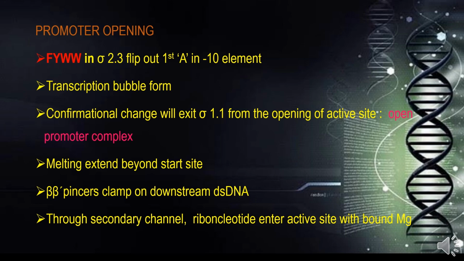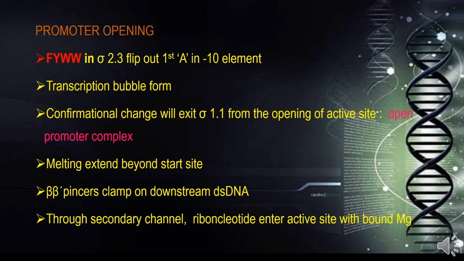Due to the disruption of base pairs and weaker hydrogen bonding in the AT region, the torsional strain will melt the DNA, and this melting of the DNA leads to the formation of the transcription